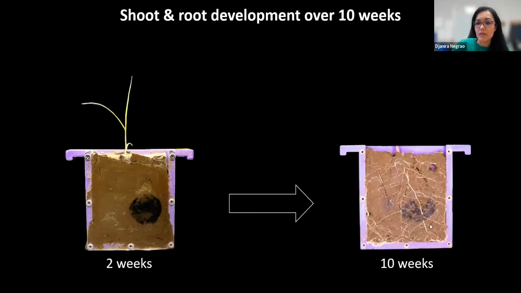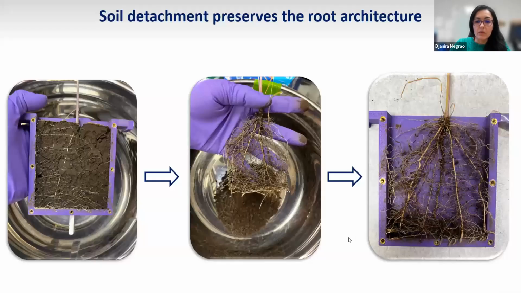And here after 10 weeks, here I cut the plant, and what remained was the roots. We can see the main root here growing in this direction. And one of the purposes of this microcosm is to see the root development, and we can measure. We can use this in future studies to measure these roots and the whole